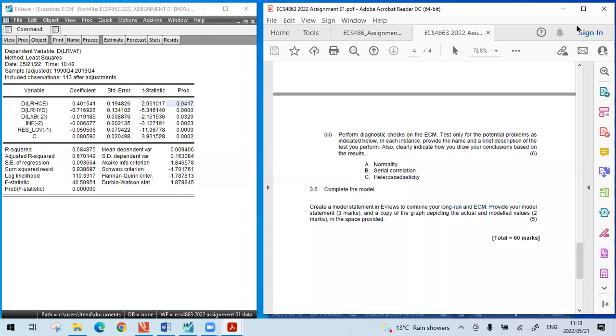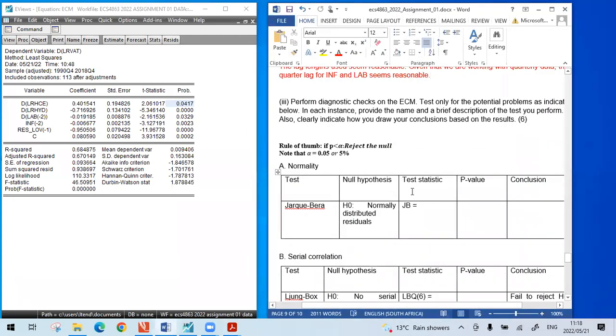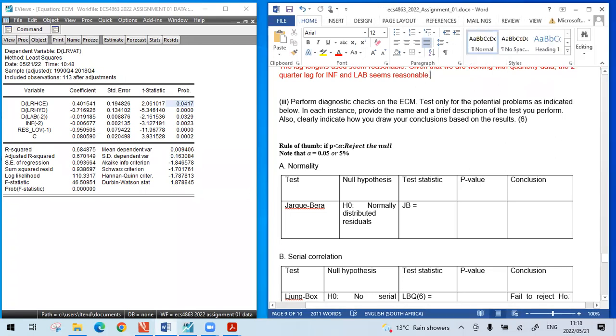To make our life easier, you need to just have a table. That's why I came up with this table. These days, they're not even giving you these tables, these guys. So this is a table. You've got your Gujarati, you know how to test for normality. You use the Jarque-Bera test. How do you test for